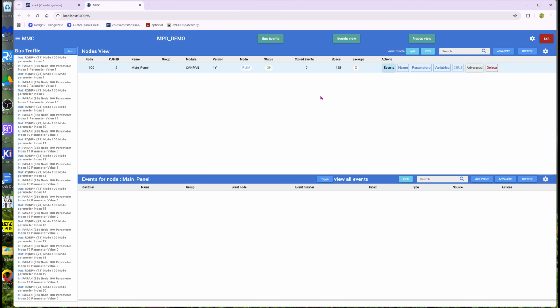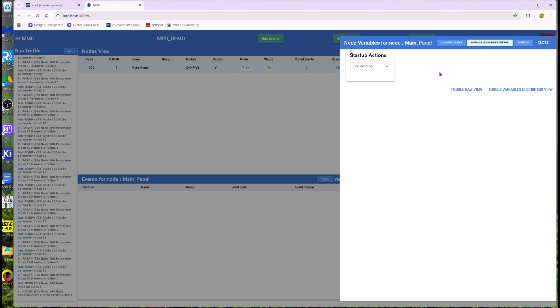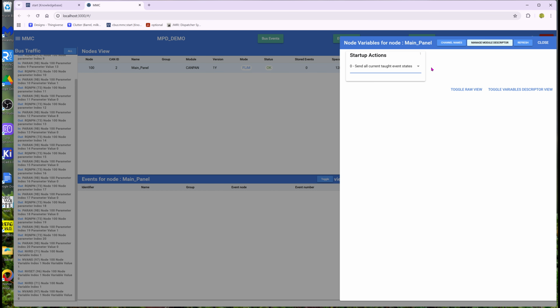Well, I'm going to do a couple of things first. I'm going to go and just have a look at the node variables for this, and CANPAN has one, and it is what to do at startup. I didn't initialize this. Okay, so it's remembered what I had. If I had brought this in as a brand new module, it would have said send all current switch states. That's fine. If all your switches are on-off switches, it'll work okay. But on the downside, if I've got route switches on my panel,